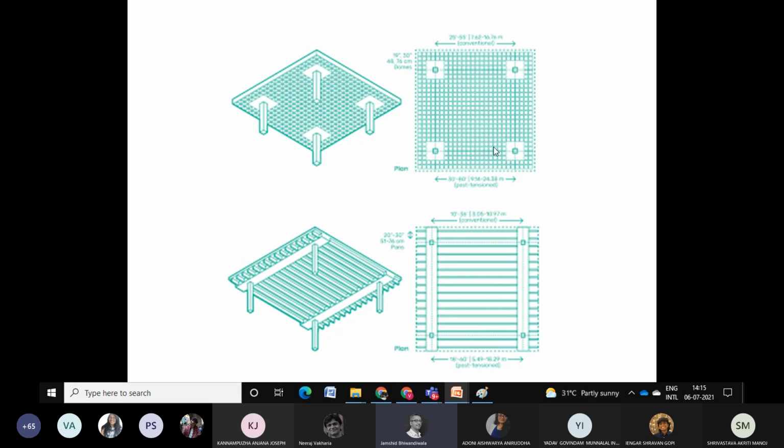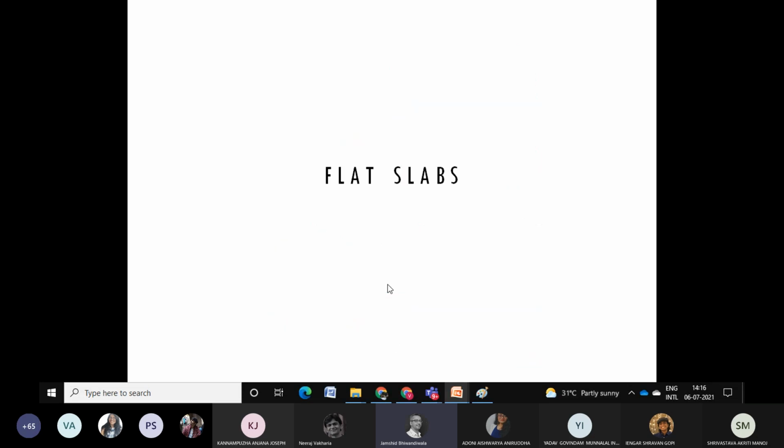It is stiffening the slab to a great extent. But naturally the slab thickness along with the rib is much larger, though you don't have individual beams. And around the columns, where you want the load to transfer, those areas are further stiffened such that the load transfer takes place well. We'll come to the details of how those corners are stiffened. Here, preferably you have beams along the periphery such that your ribs get anchored well and the load transfer via the beam to the column takes place properly.